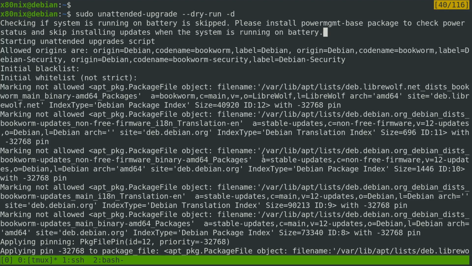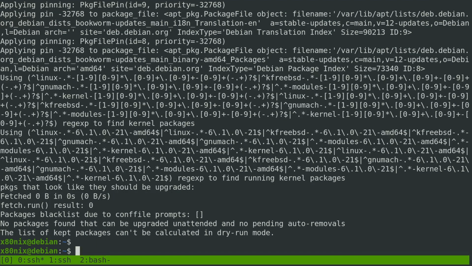So we can see here that we have things related to our LibreWolf repository, which we added in the previous video. And we also have things related to stable updates, regular updates. There is information about how we can configure that in the file and some examples, but we can also look at apt-cache policy, which we talked about briefly in the previous video when we talked high level about apt pinning. So if we go ahead and take a look at apt-cache policy,